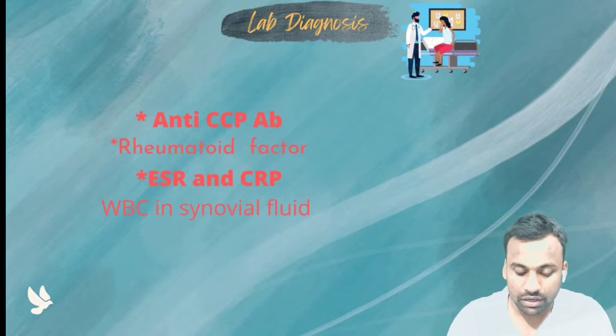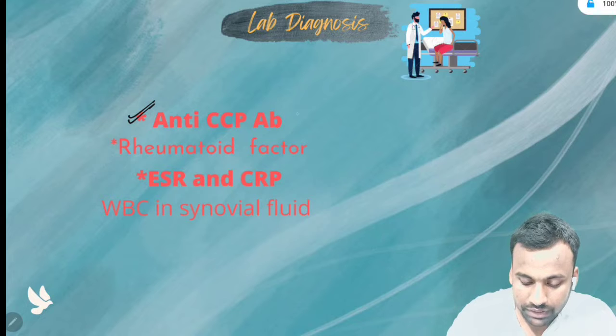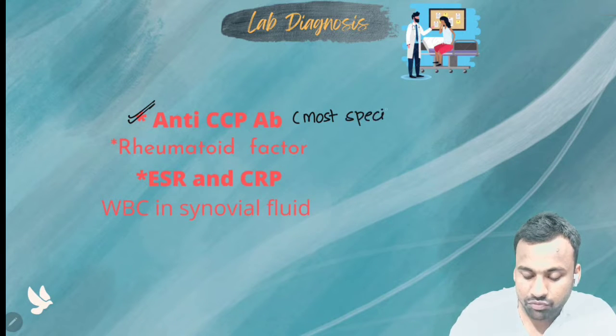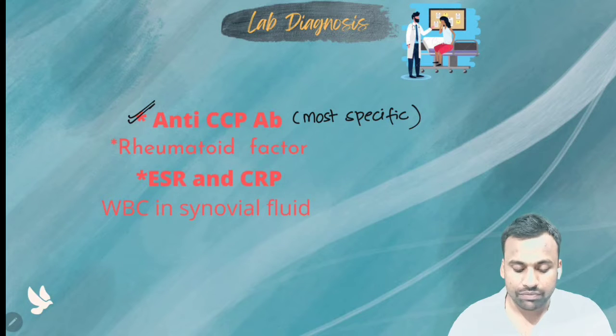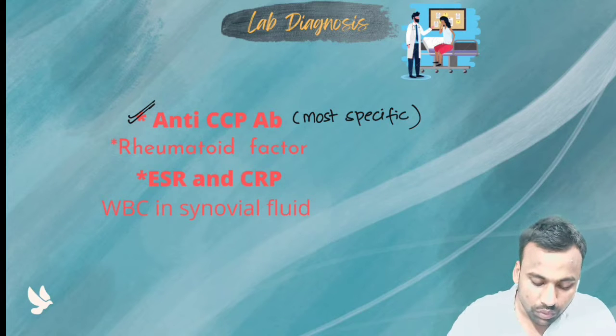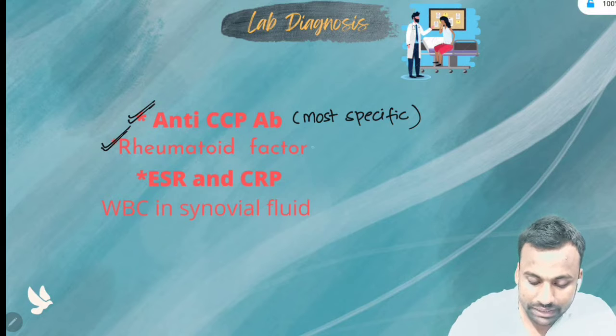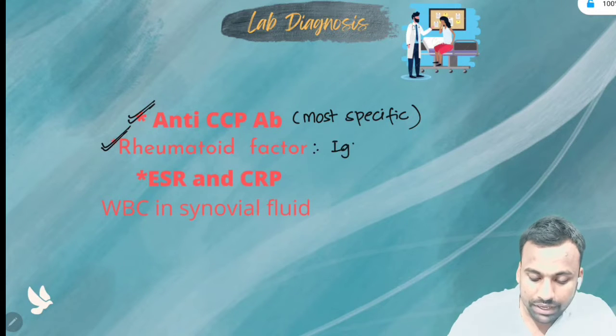The most specific test for rheumatoid arthritis is the anti-CCP antibody test. It is the most specific test for what? Rheumatoid arthritis. And we can also do the rheumatoid factors, in which mainly the IgM antibody